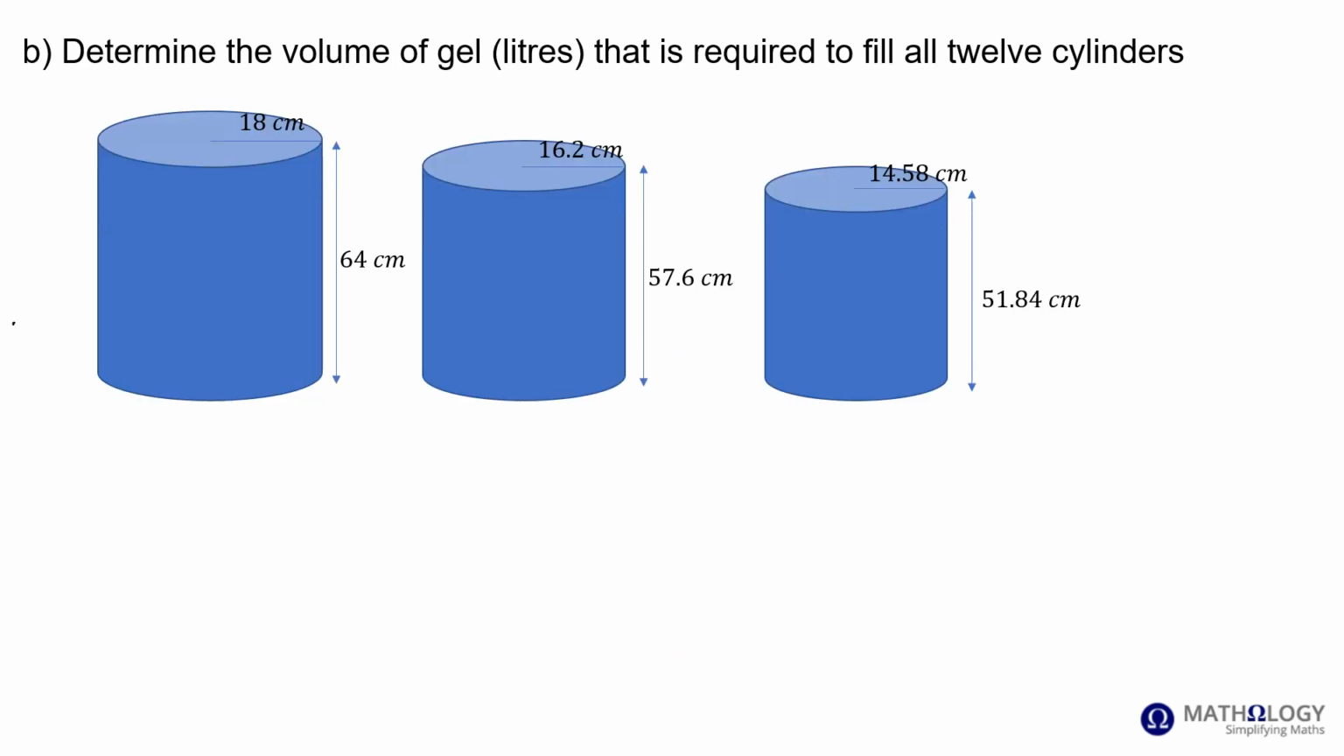The last thing we are required to do is to determine the volume of gel, in liters, required to fill 12 cylinders. In other words, we need to determine the sum to 12 terms of this sequence. The first term equals 20736 pi, the common ratio equals 0.9 cubed, and the number of terms is 12. The sum to 12 terms is, therefore,